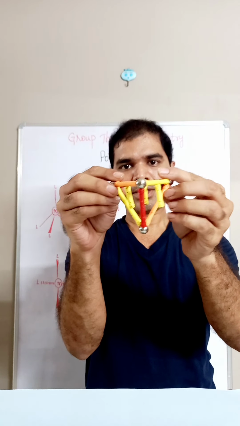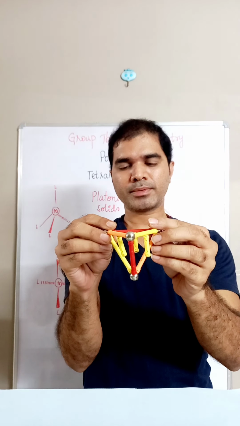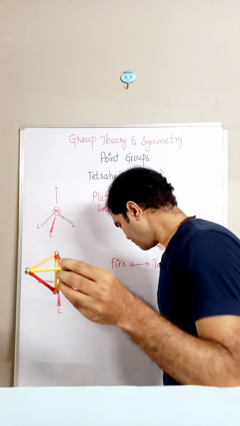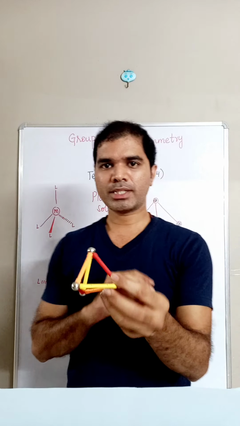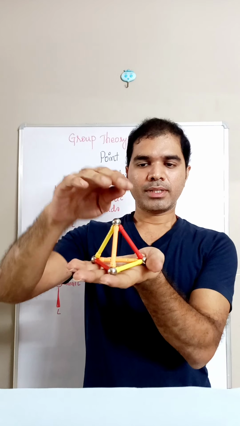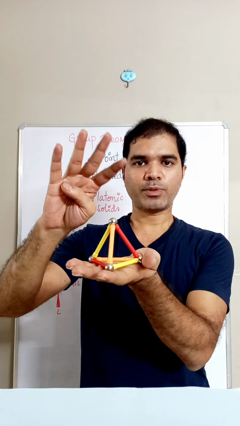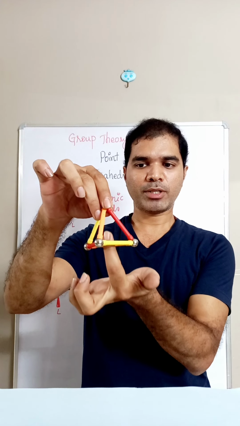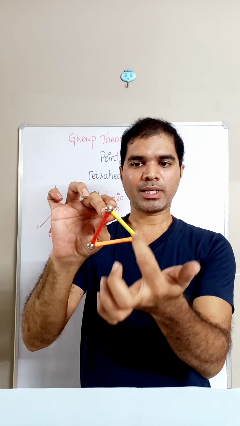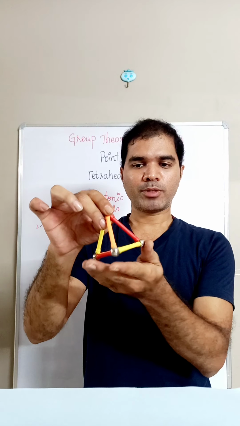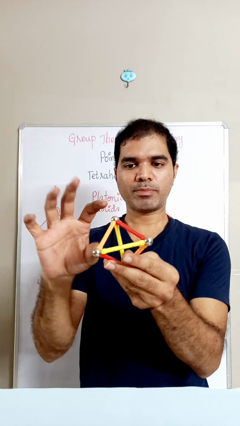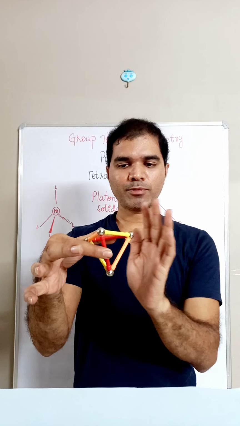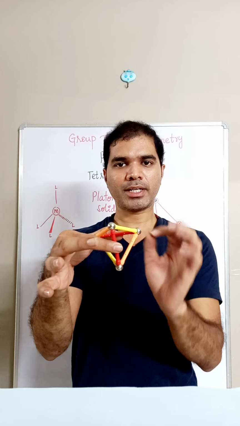And these are the C2s. Right. Now let's conclude. What are the rotational axes that are present? A tetrahedral molecule has 4 C3s. Each C3 is passing from one of the corners or the vertices and coming out from the center of the opposite triangular face. Apart from C3, it also has C2s, and each C2 is passing from one pair of edges. There are 6 edges falling in 3 different pairs, and each pair is taking up a C2.